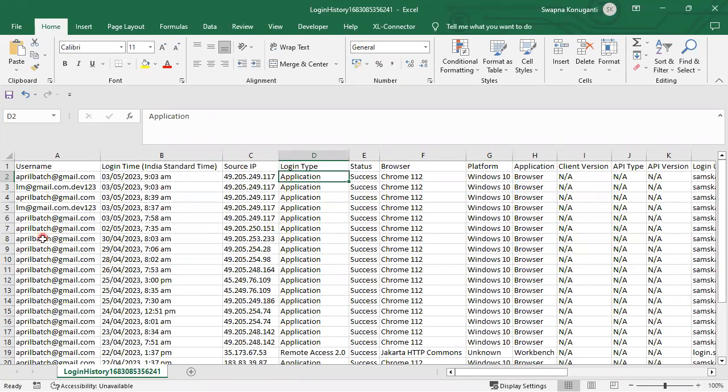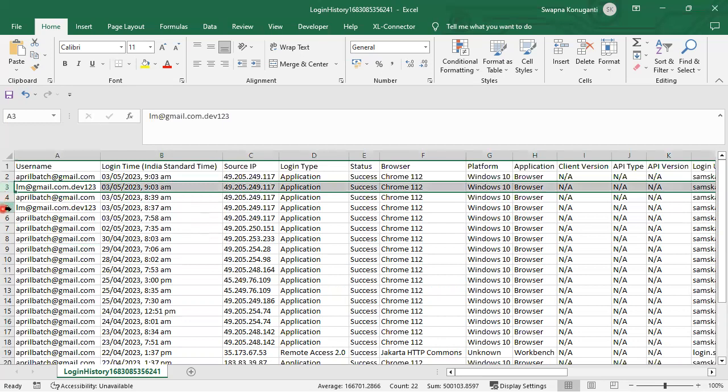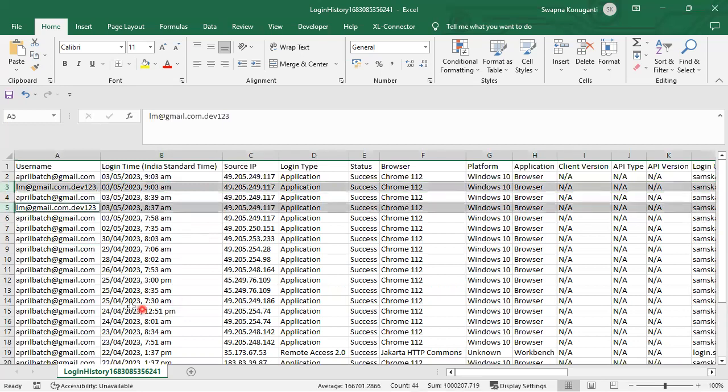Now till this point, April batch. Now suddenly I see that a new user is logged in, and he has logged in on the same date at a different time, 8:37 a.m. and 9:37 a.m. So whenever they see that the person is logged in twice,